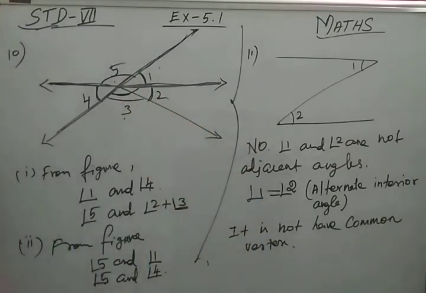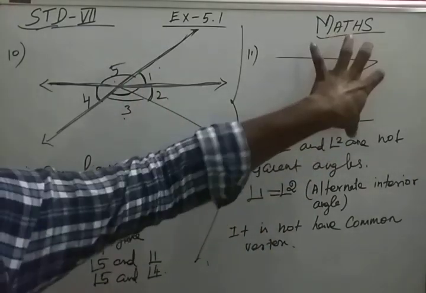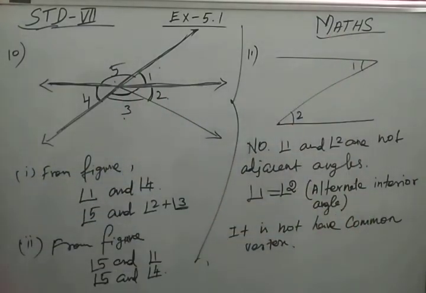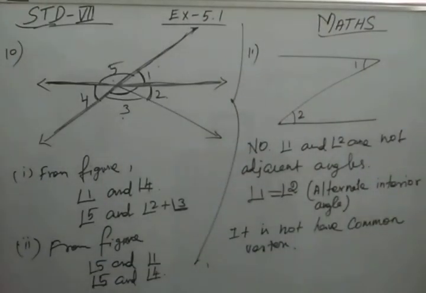You have to write this in your copy with picture, question, answers, everything. Okay, the picture is very, very important. The diagram which is given in the book is very, very important. So write it from your book to the copy and revise it. We have done the first 8 sums 2-3 sessions before, so you have to revise exercise 5.1 fully.